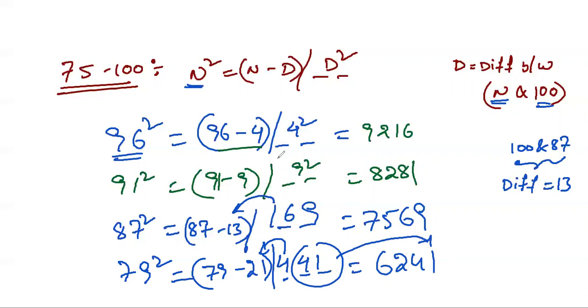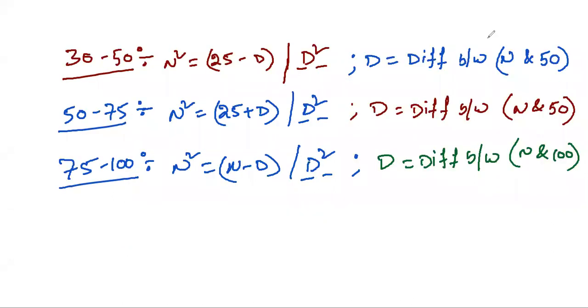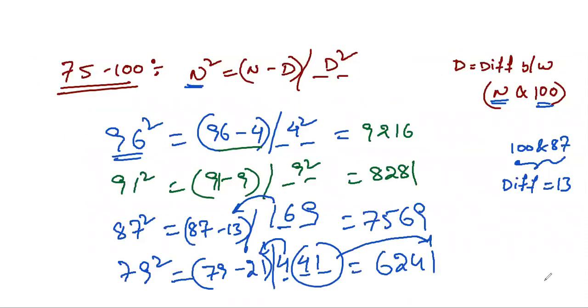I hope you understand these methods. See this, friends. I wrote you these 3 methods, these three methods with the tricks. So you have to practice these things, and you will find out the square number within seconds, within 5 seconds or 7 seconds. That depends on how fast you are doing the calculation.